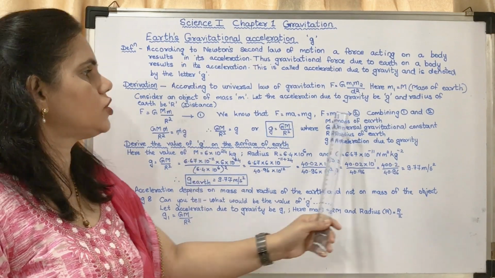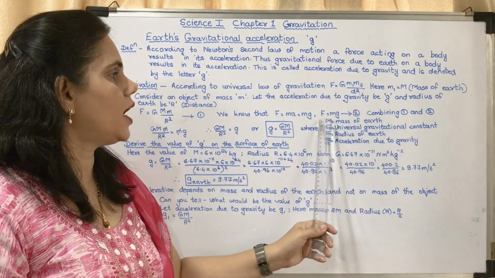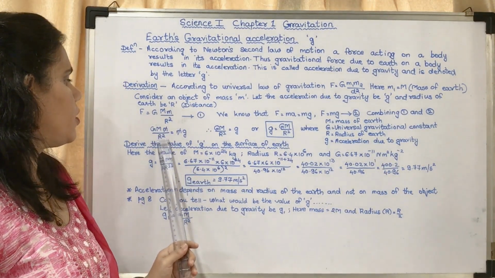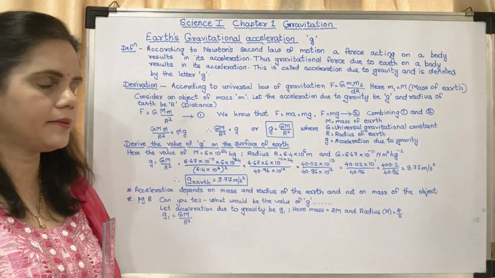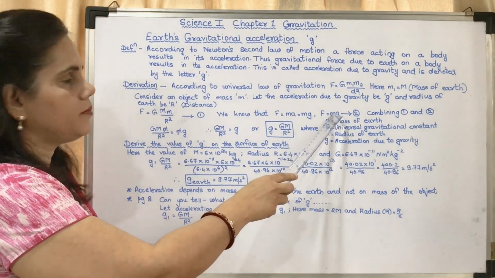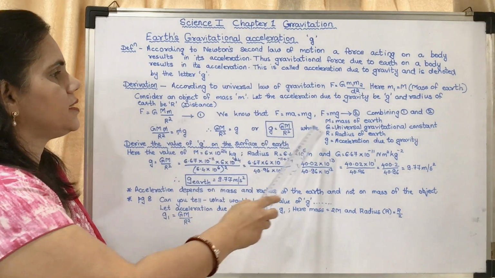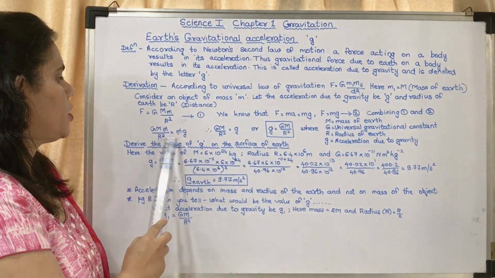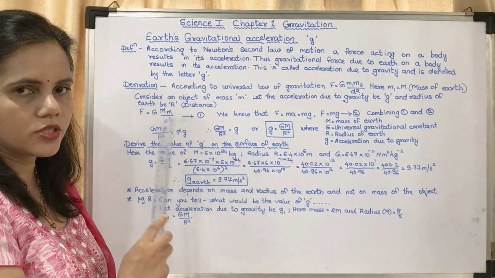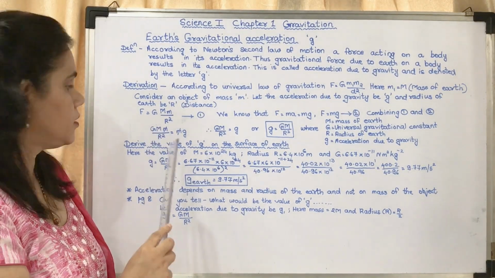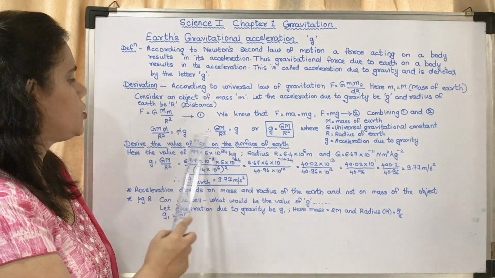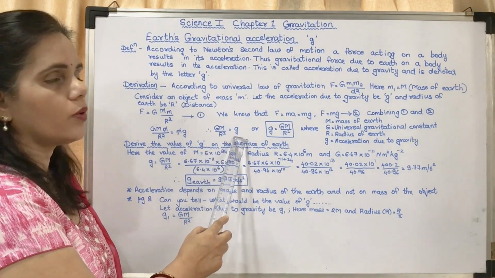So the equation becomes F is equal to mg. Let this be the first equation and this the second equation. Both are values of F. So combining 1 and 2 you get G M m upon r square is equal to mg. M small m will get cancelled because it is on both sides of the equal symbol. Understood? So small m will get cancelled, and the remaining equation will be G M upon r square is equal to g.